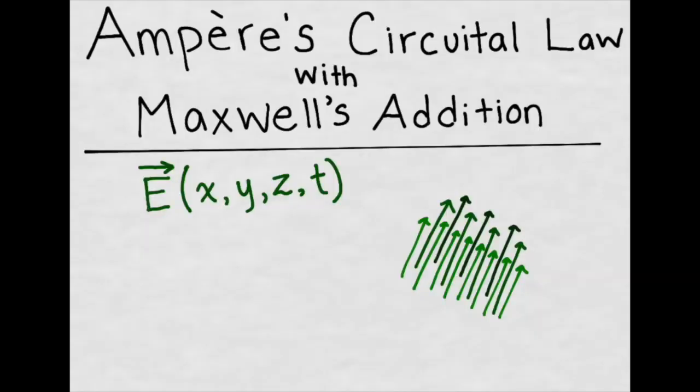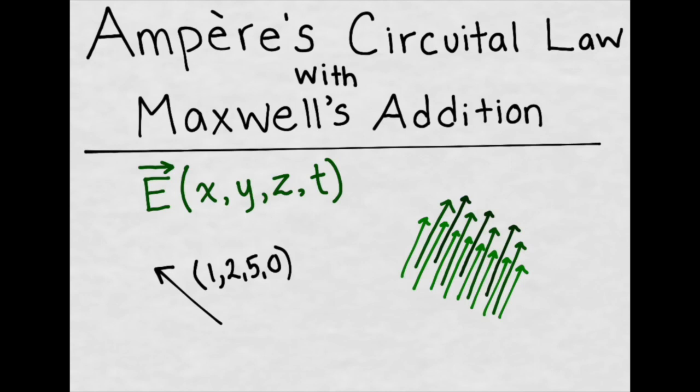Suppose there is an electric field that depends on x, y, z, and t, where t is time and x, y, and z are the Cartesian coordinates. This means that for a given choice of x, y, z, and t, there is a corresponding electric field vector. So, for example, I could draw an electric field vector in this orientation at an arbitrary point 1, 2, 5,